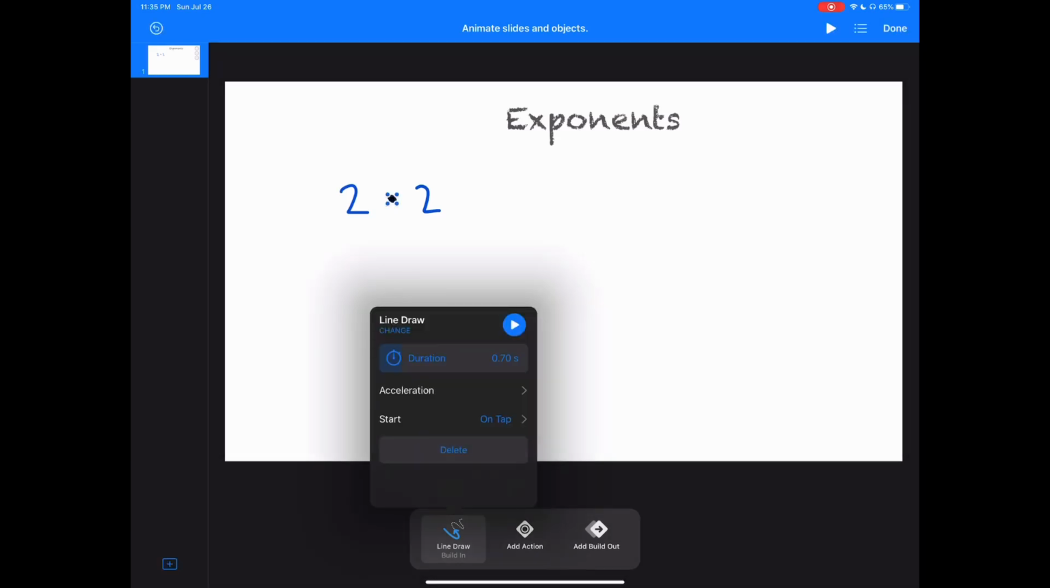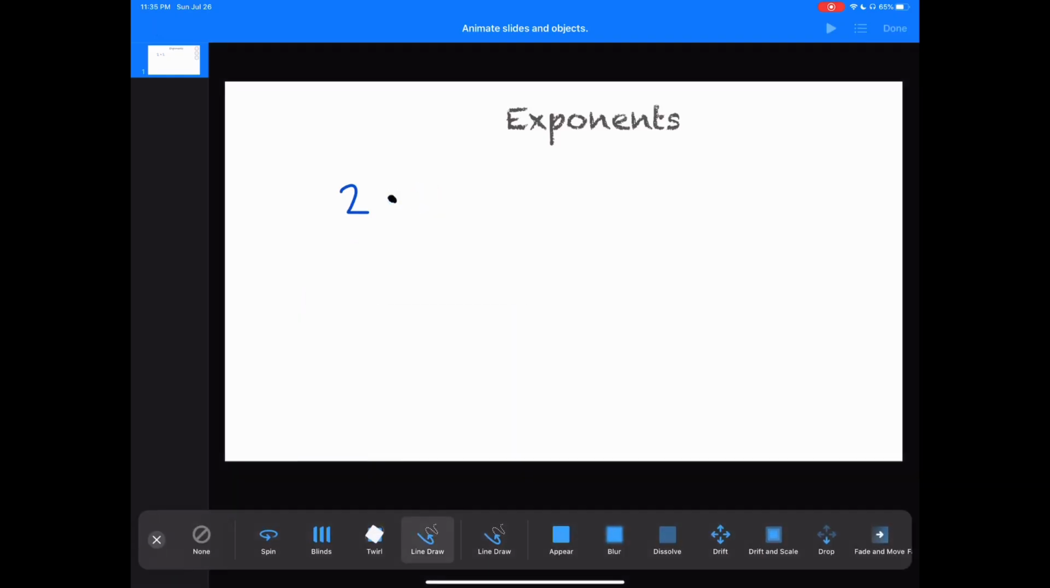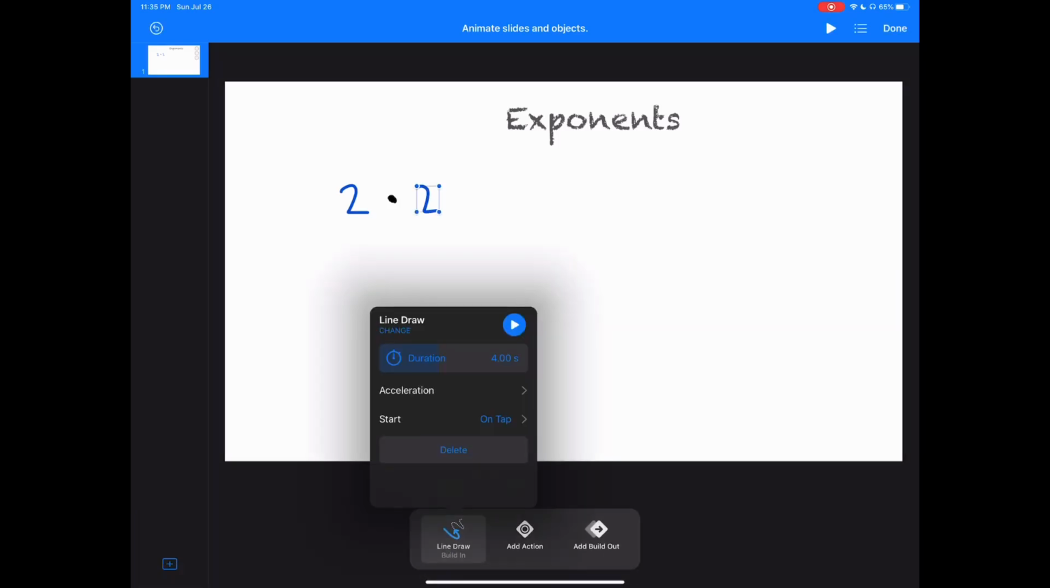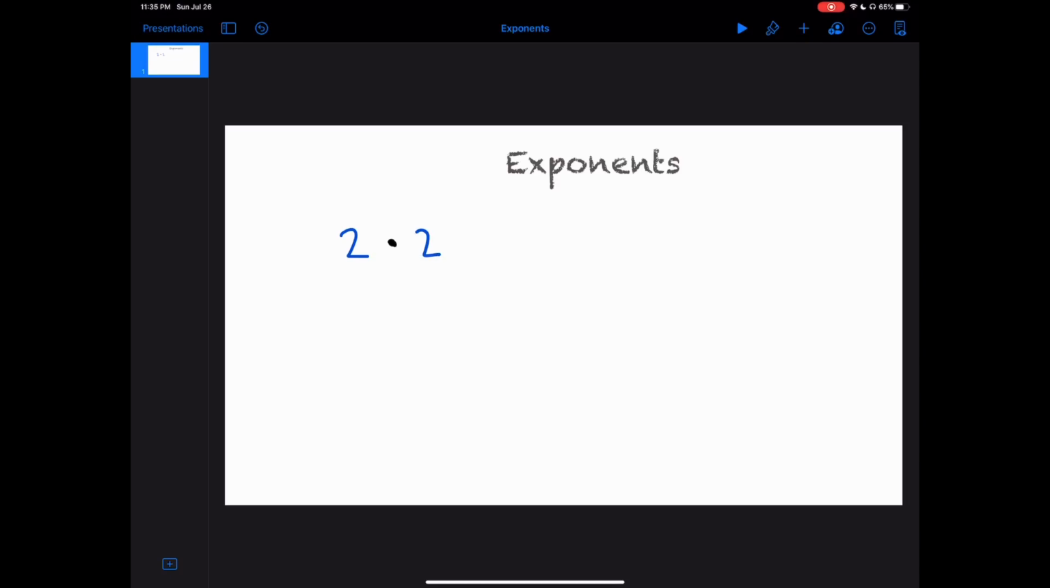Yeah. And last but not least, just click on my last 2, add build in, line draw. I know that it's going to take a while, so I'm going to hit this X button, line draw again, and bring it down to another second. All right. So what we have here, I'm going to hit done on my animations, is we have something that